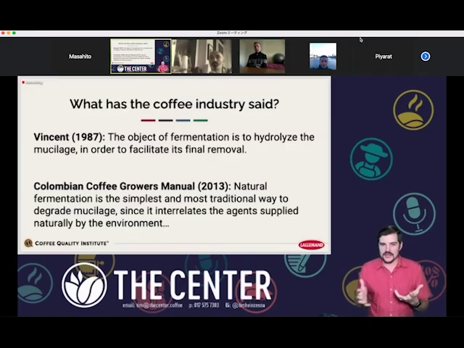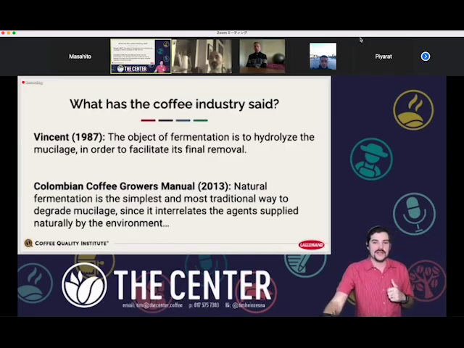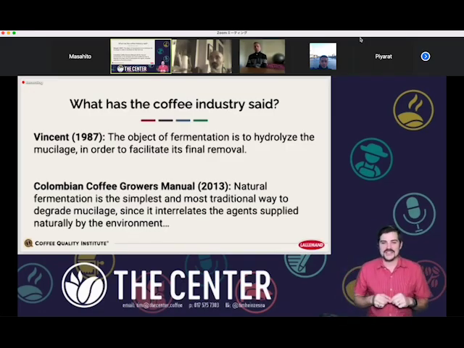In 2013, the Colombian Coffee Growers Manual articulated that natural fermentation is the simplest and most traditional way to degrade mucilage, since it interrelates the agents supplied naturally by the environment. So,